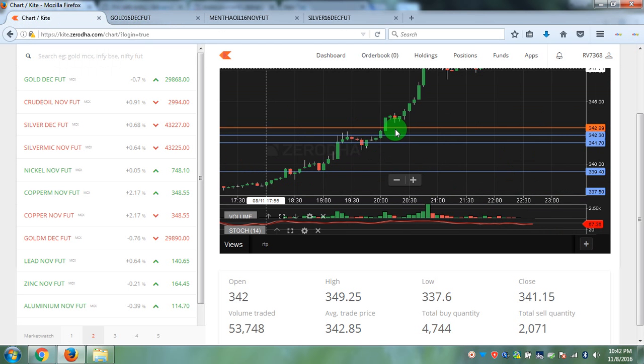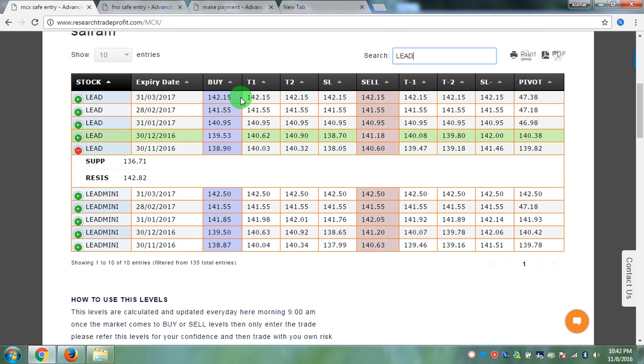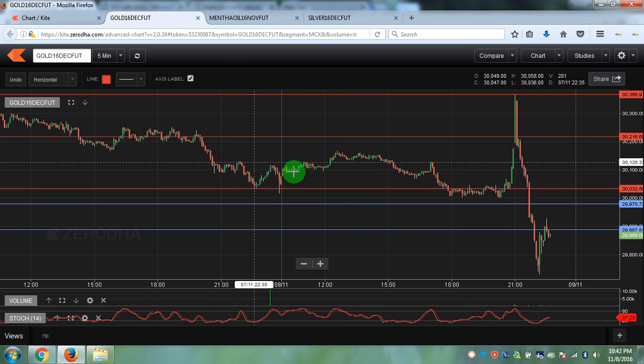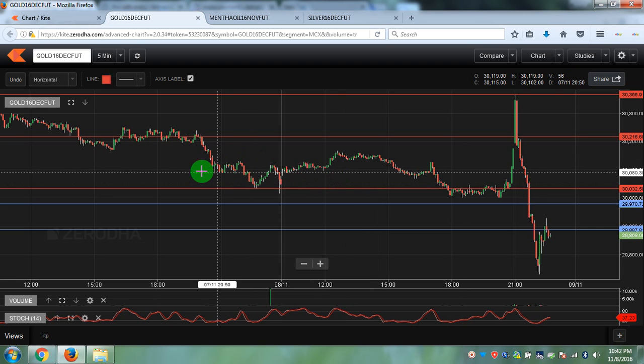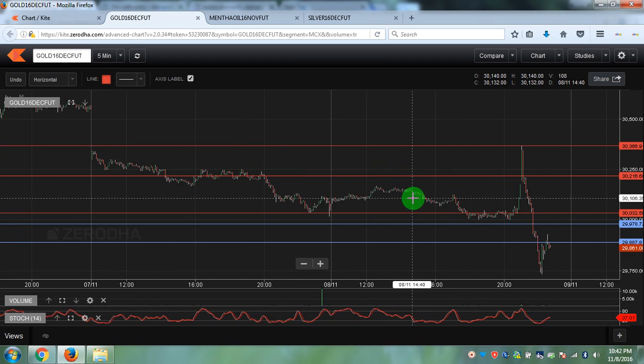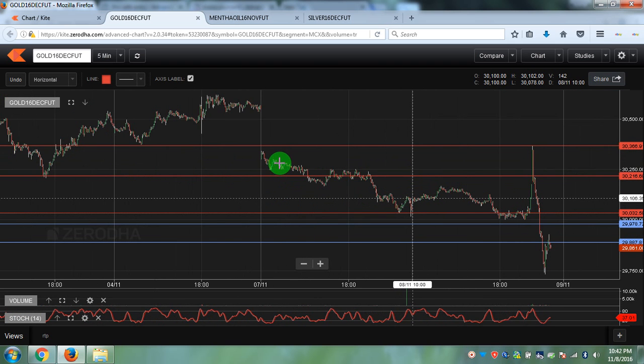Let us go with a gold call. Gold call buy was generated at 29,940. You can see this candle. The market opened around somewhere these levels, 30,330, sorry, these levels. This was the intraday chart,